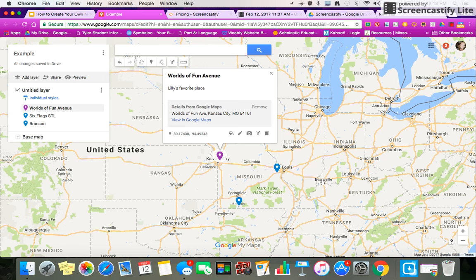Okay, we got cut just a little bit short, so this will be short and sweet. I just wanted to show you one last thing and how you can get driving directions. So let's say I wanted to go from Worlds of Fun. I would press driving directions, and then that's going to pop down